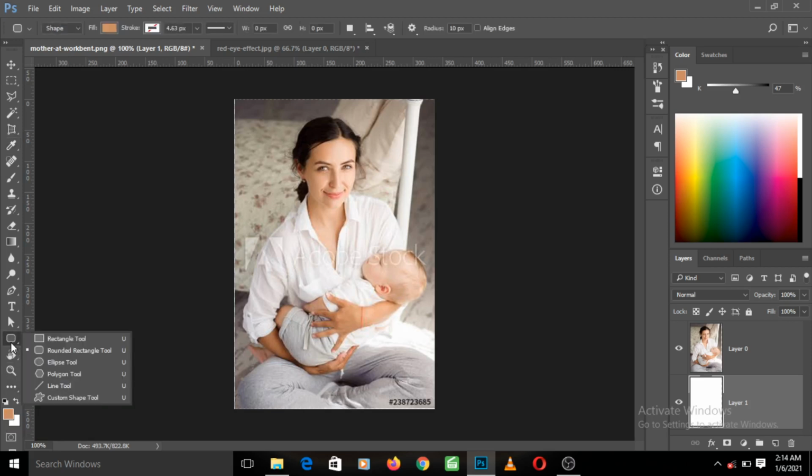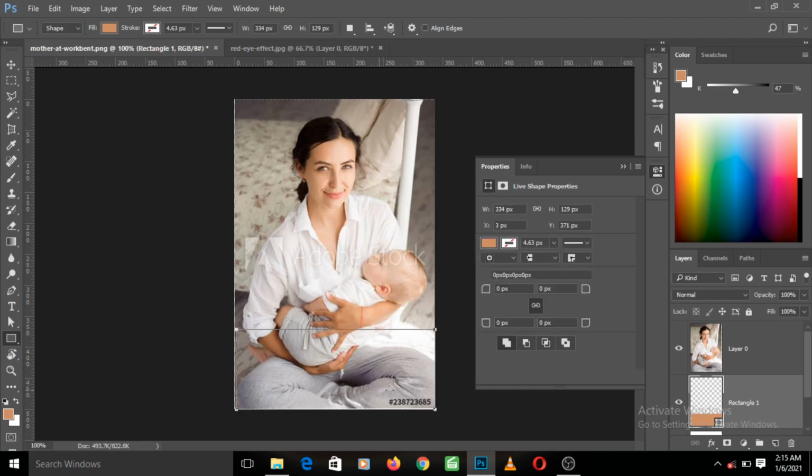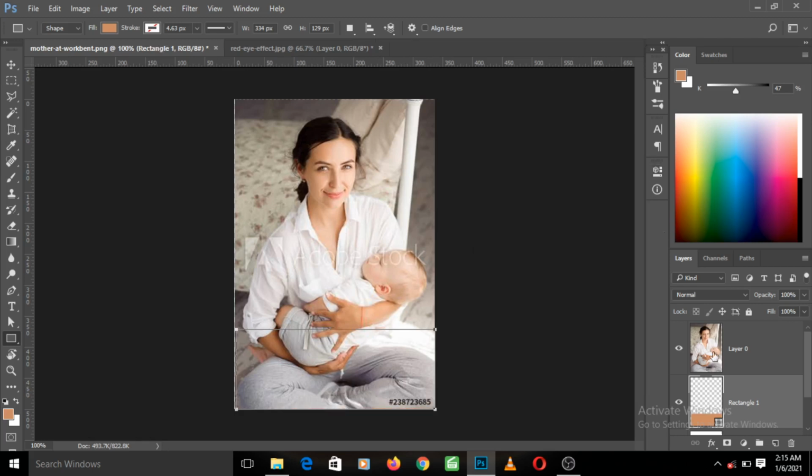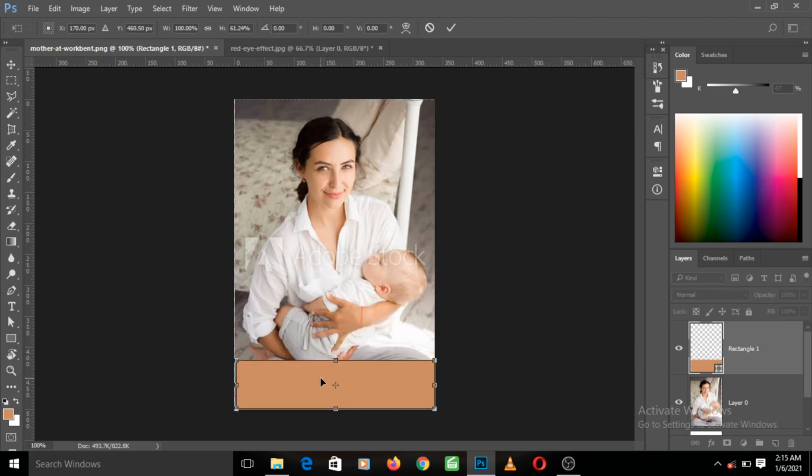And I want to add, let's say, a rectangular tool. I left click on it and I just drag. Now because the foreground color is set to that color, the fill color of the rectangle will be, now the layer is below, so let me drag it on top so that you see how it looks. The fill color of the rectangle will be the color that you picked with the eyedropper tool.